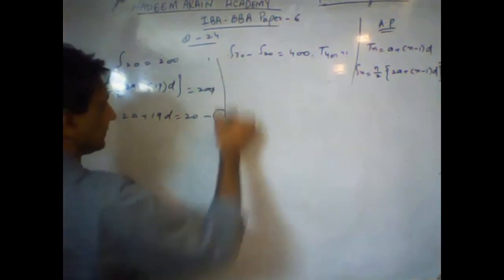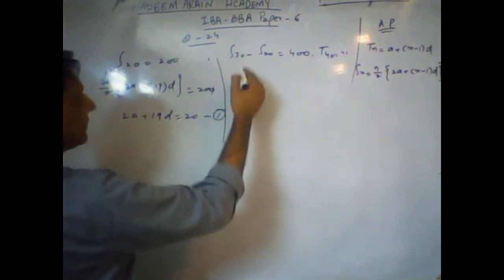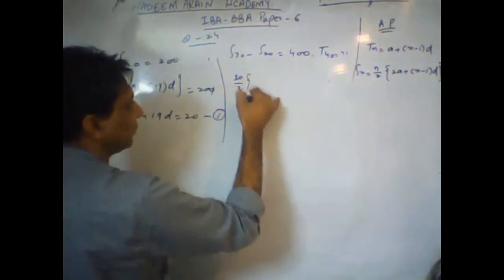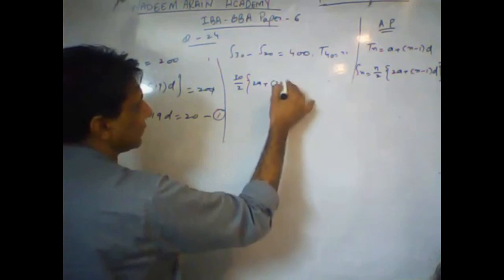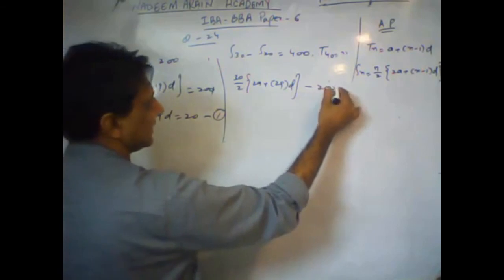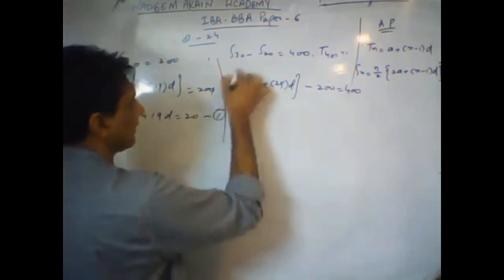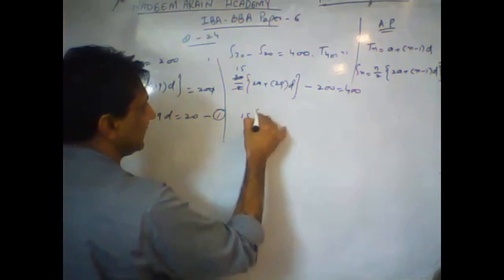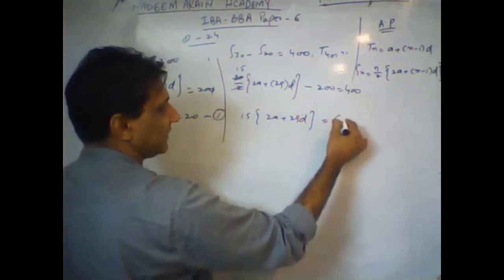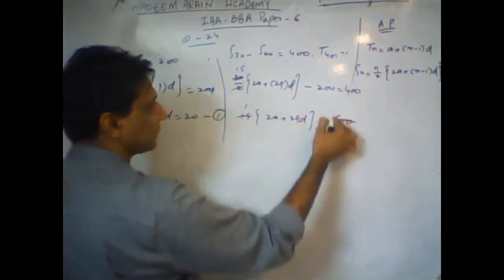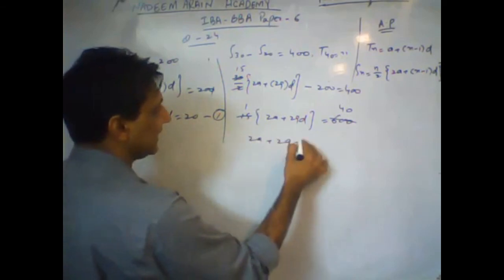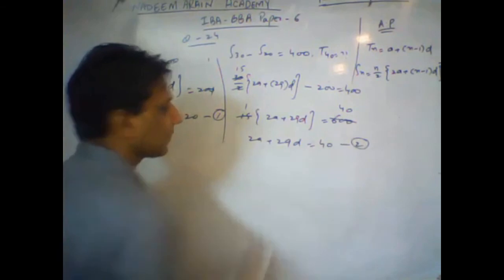Alright. So come here. As S30 is 30 over 2, of course, because this is the formula I am applying here, 2a plus 30 minus 1, meaning 29d, minus S20, this 200, is equal to 400. So 2 times 15 is 30. 15 times (2a plus 29d) is equal to 200 plus 400, which will be 600. So 600 divided by 15 is 40. So we have 2a plus 29d is equal to 40.